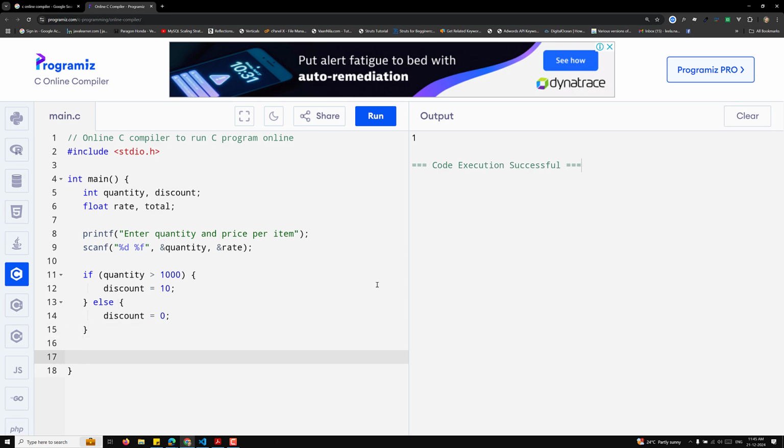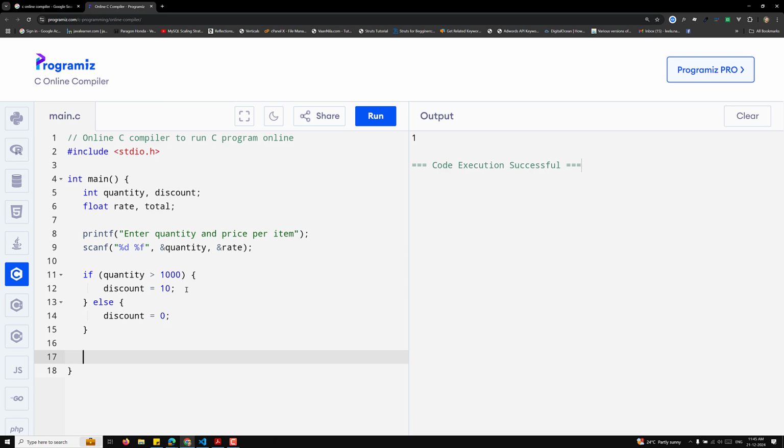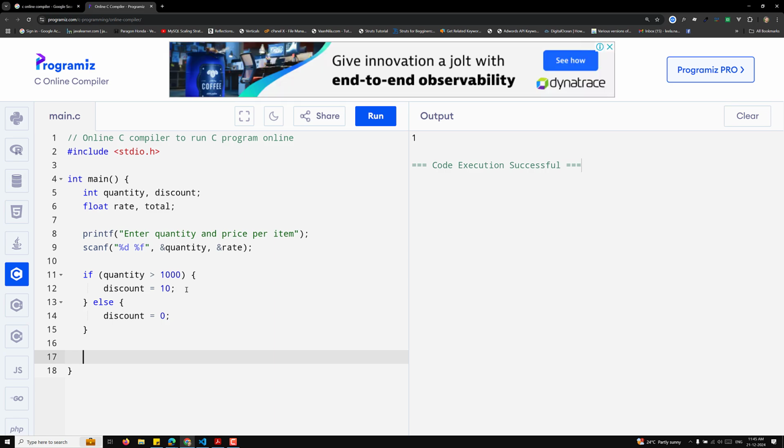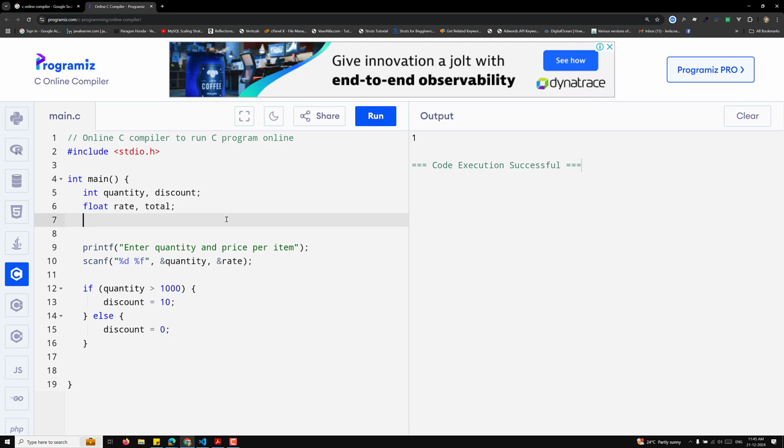So now here I need to apply the quantity, so total price. So first of all, the discount price I need to take. So what is the discount price? Here I can take a float, price with discount. We don't know how much price with discount you will be able to get. So here I can do price with discount is equal to